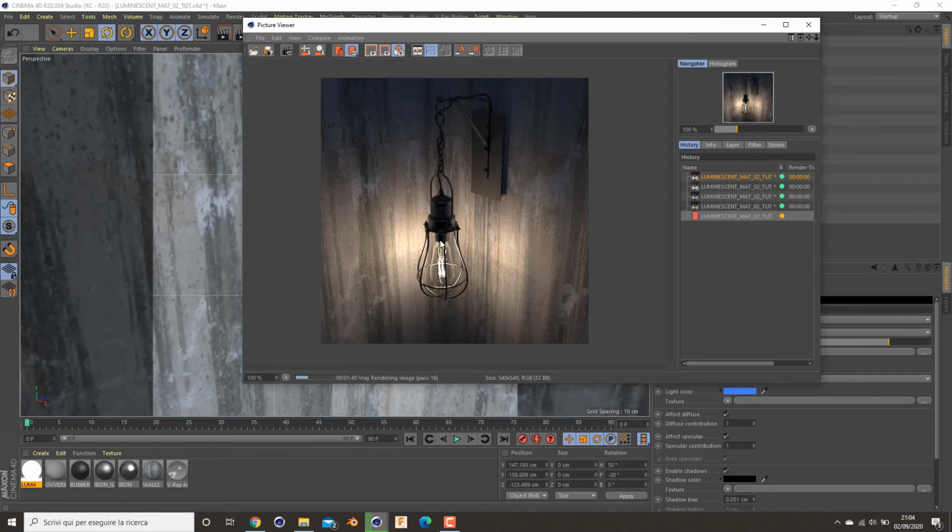So I want to show you, in a similar situation, I will apply this Luma to all the bulbs of my lamp. So I want to stop it,